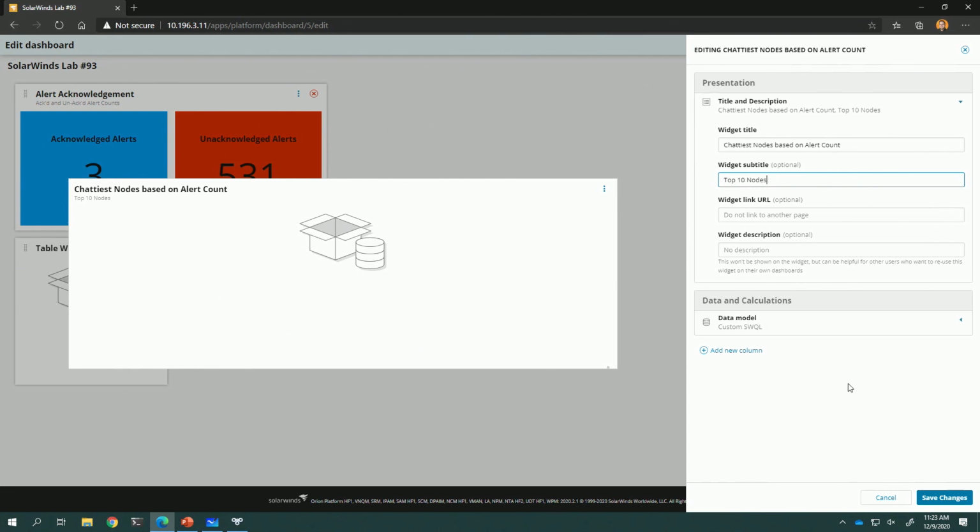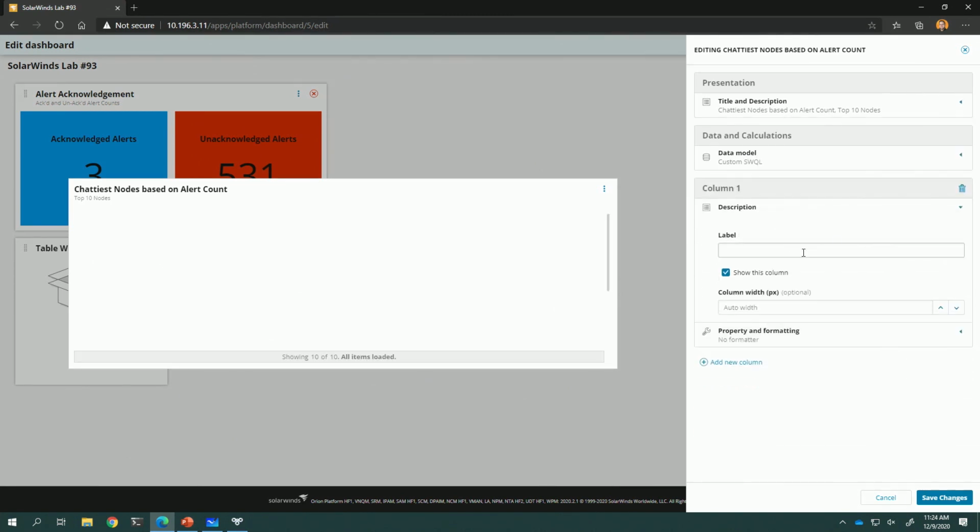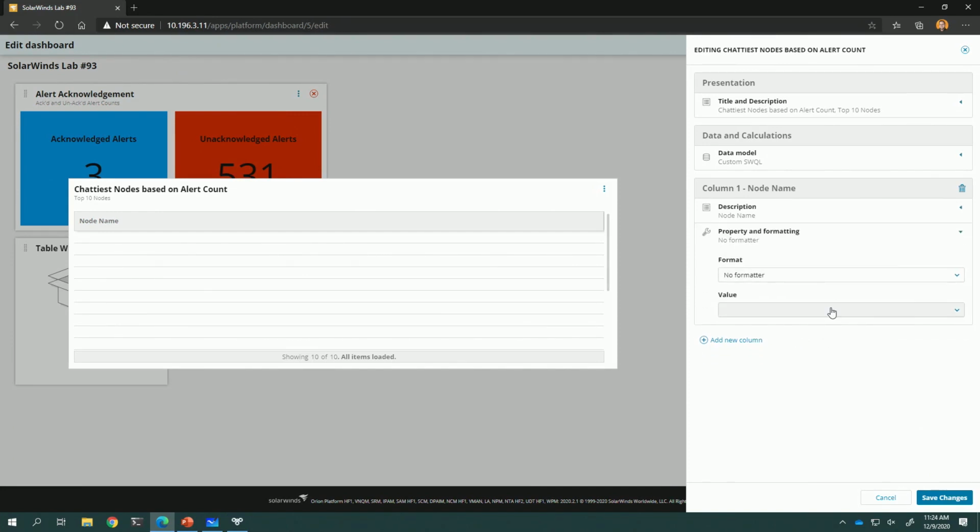All right, but we built our model, but we still don't have anything in our table. And that's because after we have the model and the information returned, we have to select what we want to put in that table. You don't have to put everything that you returned. I tend to, but you don't have to. So we'll start with the node name, and then, excuse me, we'll select the value of node.